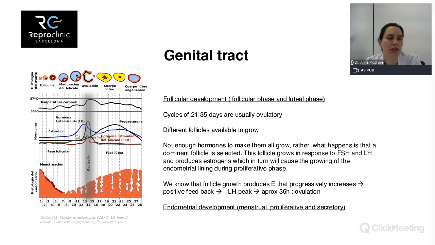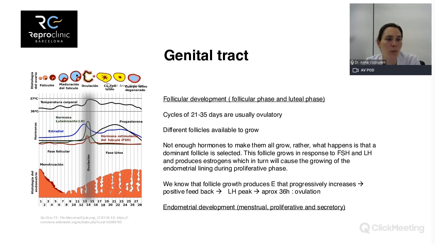Then also these estrogens, this peak of estrogens will create the peak of LH and FSH, and the LH is the one that's going to be the one responsible for the ovulation, okay? And after this peak, we will have the ovulation. This egg will travel to the tube, to the fallopian tube. If we have sexual intercourse, the spermatozoids will swim up until the tube, and if there's fertilization, the embryo will be produced in the tube and then will travel until the uterine cavity, and there he will implant on the endometrium, okay?